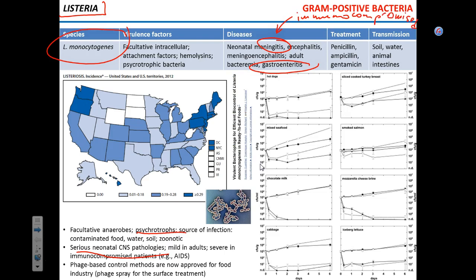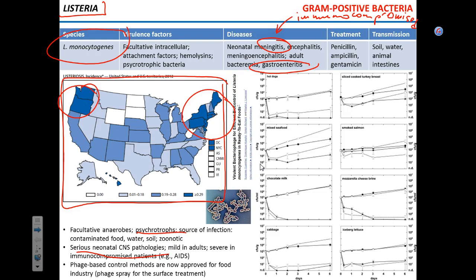Now, this map shows you the distribution of Listeria incidence in the United States. It's fairly low, and you can see that it majorly is associated with heavily populated urban areas like New England or Pacific Northwest. But what I find interesting, so